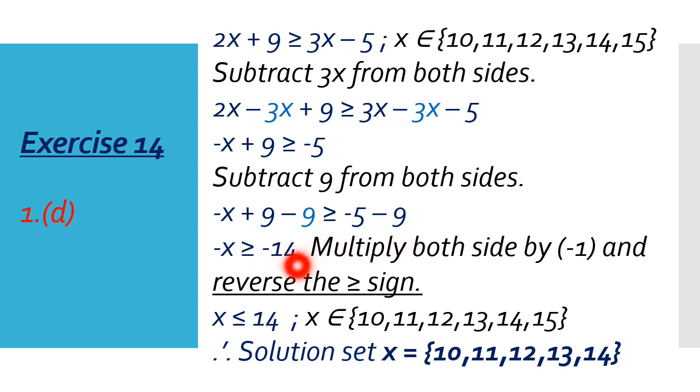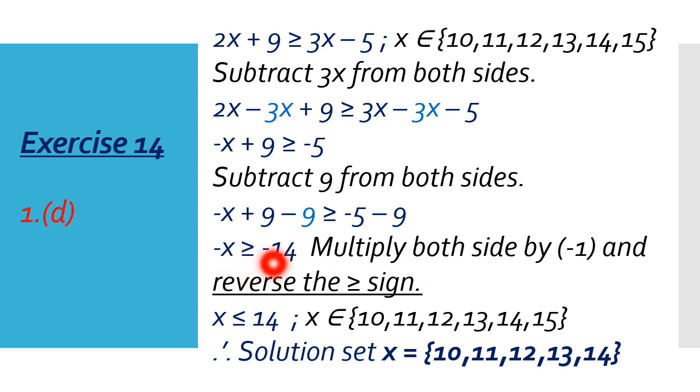Now what we can do here: on the left hand side as well as the right hand side, we have a minus sign, so we'll multiply by minus 1. As we know, whenever we multiply or divide with a negative number, we reverse the sign. So multiply both sides by minus 1 and reverse the sign. When we multiply this minus x with minus 1, this will become plus x, and we reverse the sign, so x is less than or equal to